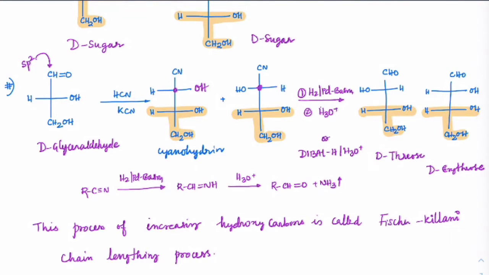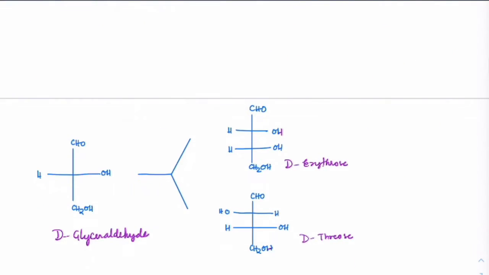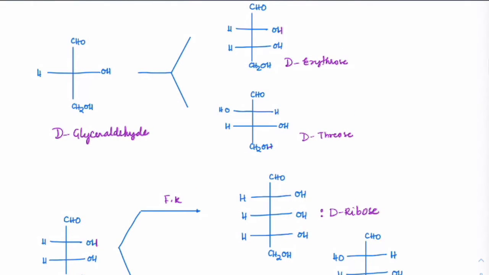So that D sugar. In fact, why we are studying so much about D sugars is that all the naturally occurring carbohydrates, right from glucose, sucrose, everything, is D. You see that D-glucose, right? Okay, so this capital D represents the natural form of glucose. So we will get D-erythrose and D-threose, and if we keep on increasing that process further, we can get up to glucose.